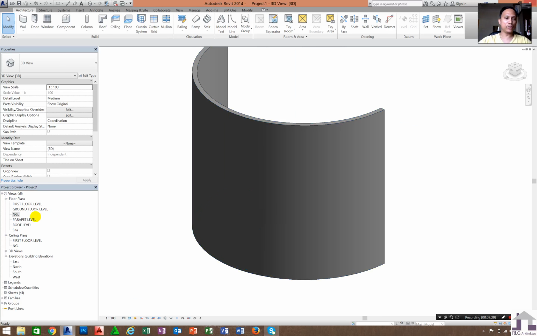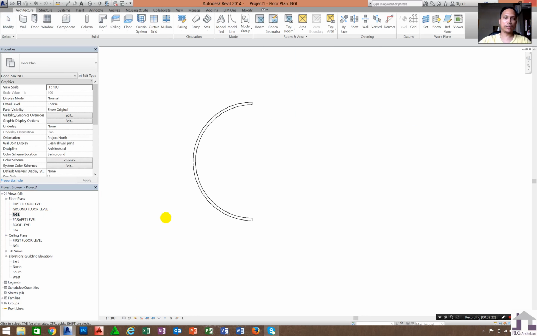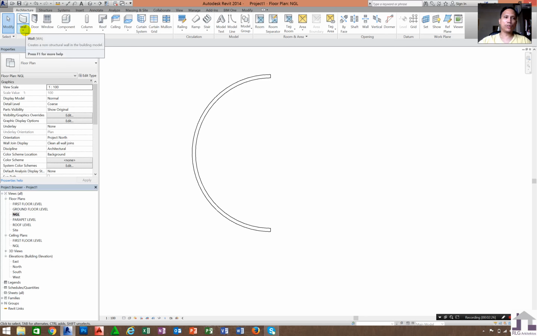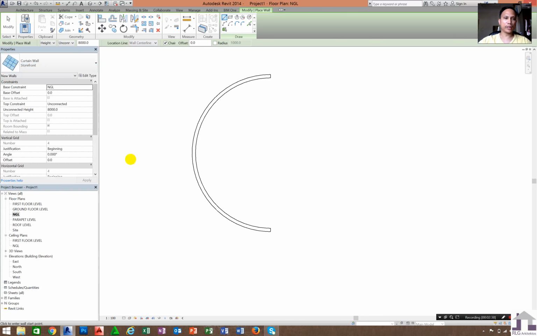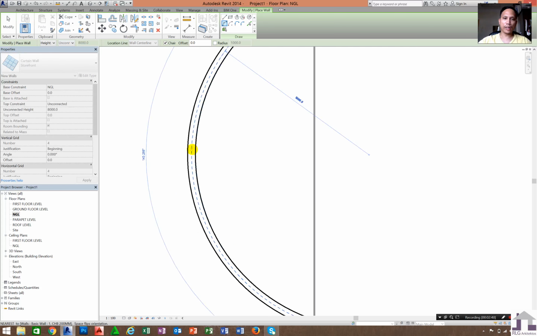All I need to do is go to NGL again, go to wall, architectural, click, expand this part in the properties and then drag down into storefront. Okay, so I will click here, from here end to end radius, for example from here and to here and then to here.